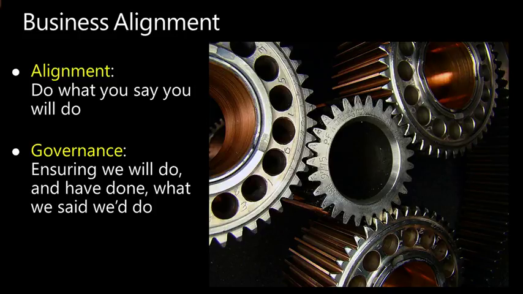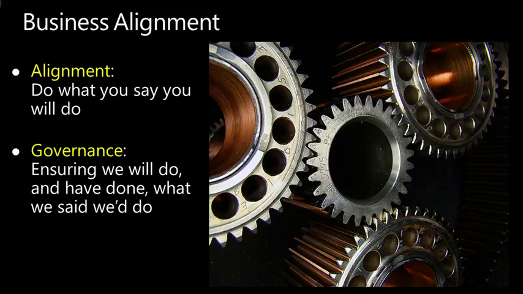But the point is that you have to do what you say you will do. So alignment is proving that. Alignment is saying that what the initiatives are that we're performing in the business, and that is not just IT. That is improving a process, that's changing a function, that's merging two areas together, that's splitting them apart. Okay, that's introducing a new product. That we're doing it for the reasons that we have said that we were going to do them. Okay? That's what business alignment is.